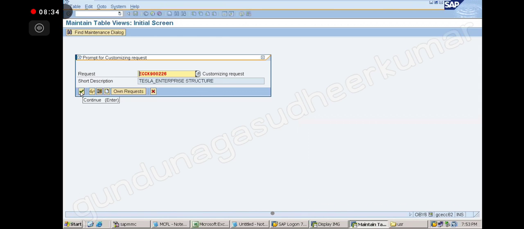Sir, how will we take the keys afterwards? Here we will tell the number to the basis people. They will take it to the quality server. After that they will confirm and then we will go and check. So we don't have the power to move the data from one server to another server. I told you, the basis consultants. They are the ones who will do the transport. We call it the transport.